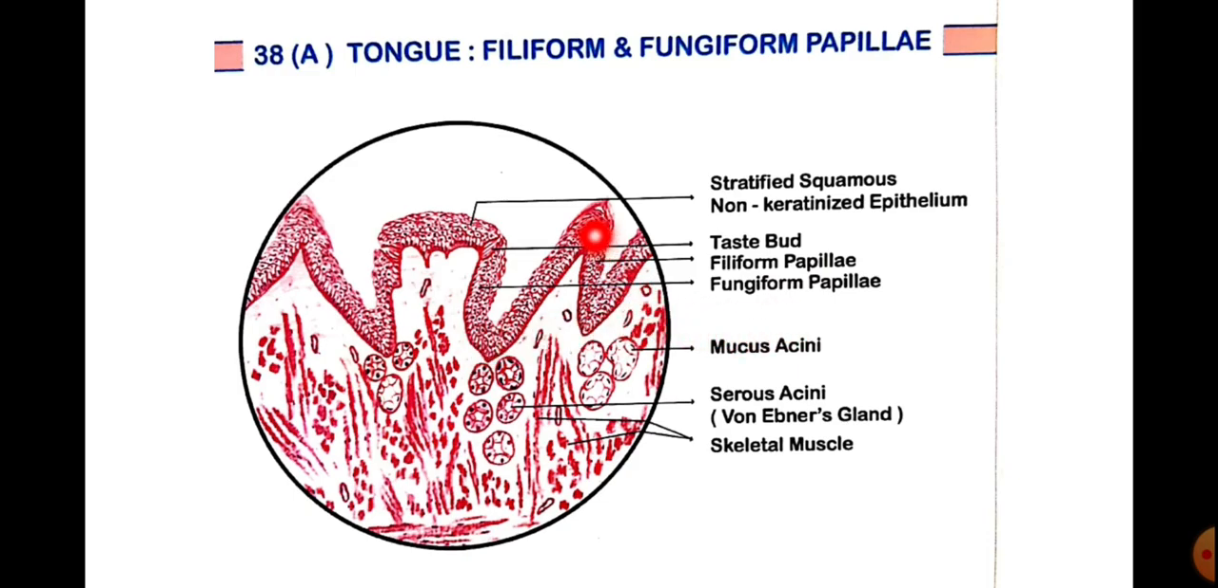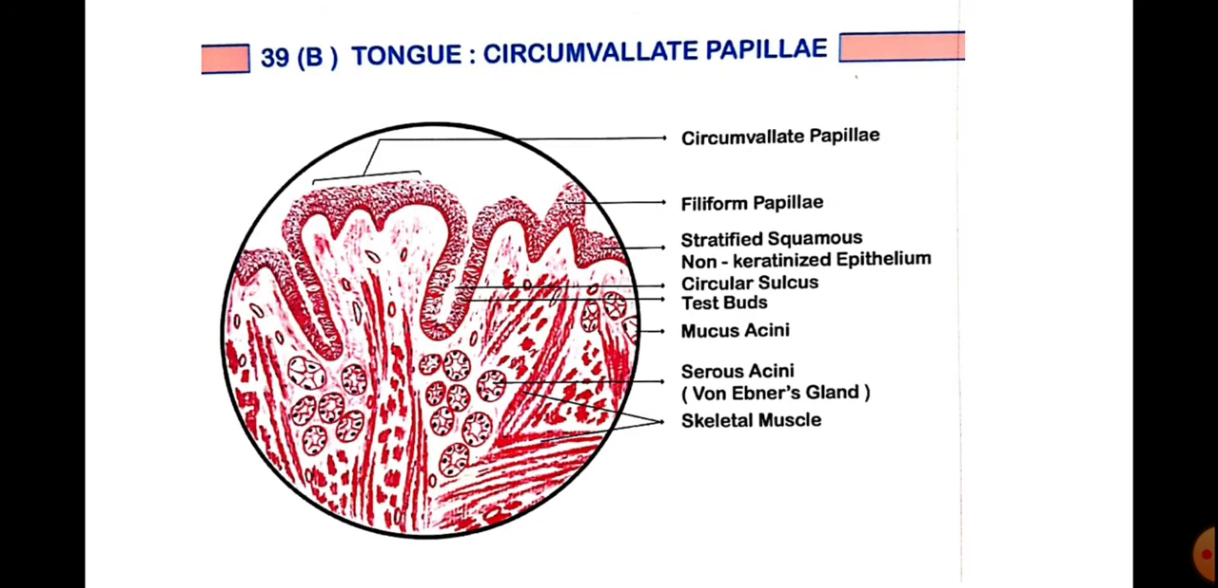This is the filiform papilla. These are the mucous glands present here. There are the serous glands present here, and there are the skeletal muscles as well as the smooth muscles. Here the skeletal muscles, these are running longitudinally and these are running transversely. Okay, so this is the tongue with the filiform and the fungiform papillae, and this is the tongue with the